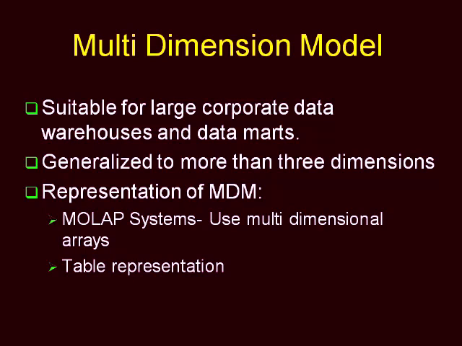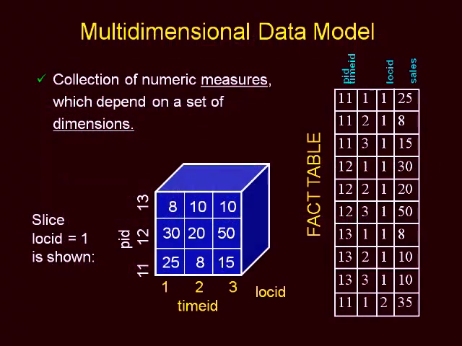The relation with related dimensions to the measure of interest is called a fact table. The multidimensional data model focuses mainly on a collection of numerical measures, which are termed facts, and which depend on a number of associated dimensions. In the data warehousing literature, the data cube is one of the popular structures very widely used in representing the multidimensional model. We represented the multidimensional data model in 2 ways: one in the form of a table and another in the form of an array.